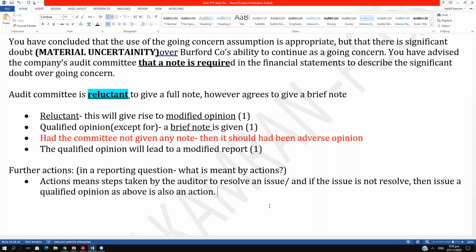Is it common sense? When the auditor issues a qualified opinion, do you believe this is also an action of the auditor? So what actions are we taking here? Are we taking actions to resolve an issue? How would you resolve this issue? Do you believe you should, as your number one action,